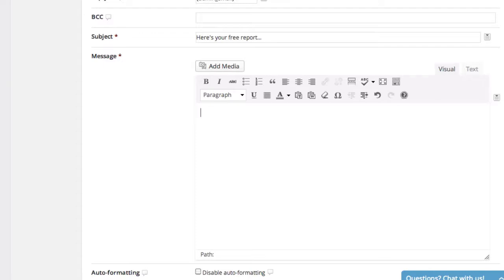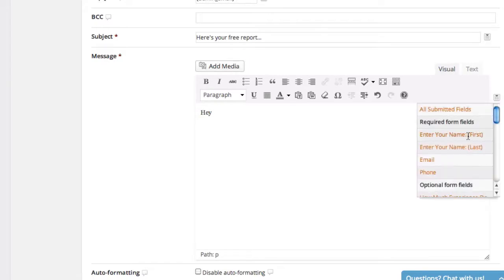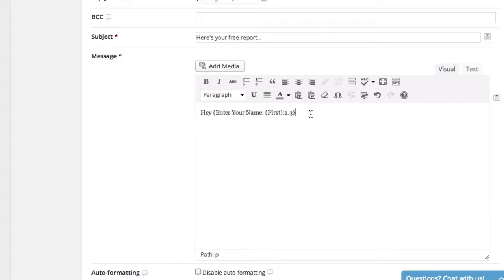And there are some really fancy things that you can do in these emails to make them very personal. Once again, it's using the merge tags over here. I'm just going to use a few different techniques here. Hey, and then we're going to merge in their first name. What this is going to do is say hey, and then whatever first name they put in there. So if they put Tom in that form and they opted in, it's going to say, hey Tom, I just